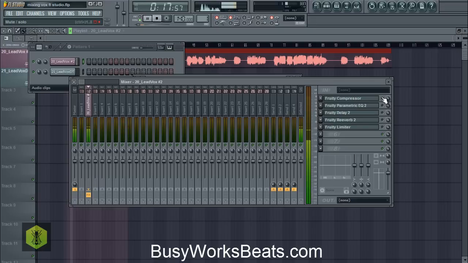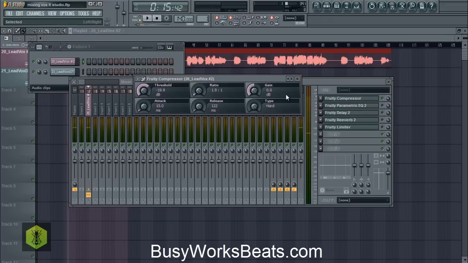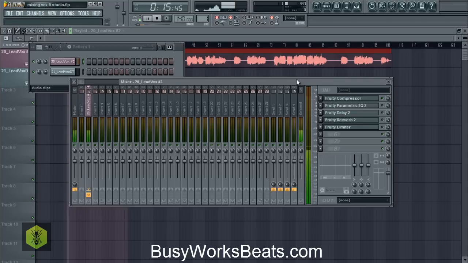So it looks like we're peaking out at negative 10. Now with the compressor, let's see where we're at. About negative 11 or negative 12. So we can add 1 dB back into the signal. 1.5, I'll say 1.2. So now we have an even reading from negative 10 dB to negative 10 dB.